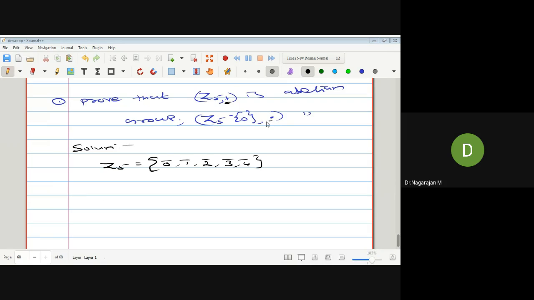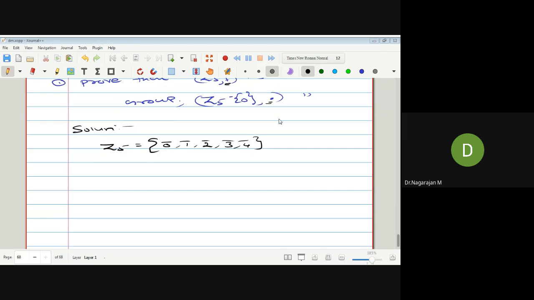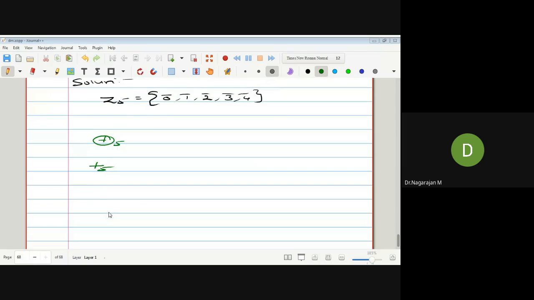The next concept is multiplication modulo 5. First one is addition modulo 5, so you have to use the new notation. This is called addition modulo 5, or another notation, plus with subscript 5. Then you have to put the corresponding elements column-wise and row-wise. The values are 0, 1, 2, 3, 4, and also in columns 0, 1, 2, 3, 4.